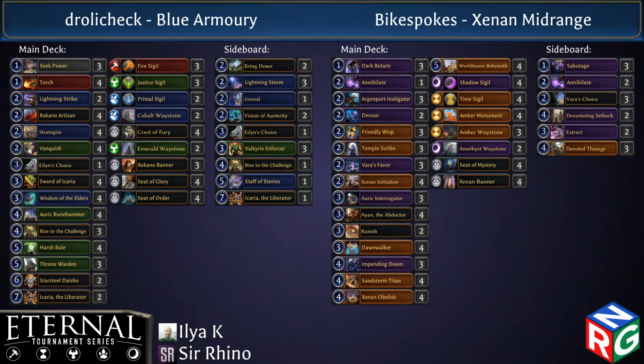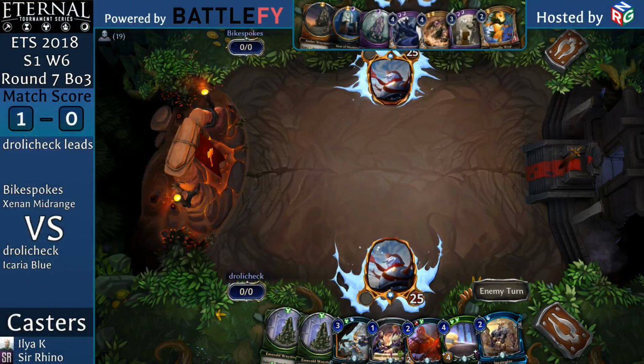Similarly, Throne Warden does not really line up well against most of the key units they're going to be attacking. It doesn't line up well against the Behemoths, the Titans, the Dawnwalkers, and you're trying to control the board anyway. If your Zenith opponent is regularly cracking in, 4 armor isn't really going to help you. So I'm looking for drolicheck to cut the swords, maybe cut some Throne Wardens, and bring in these Enforcers, the Visions of Austerity, I think,